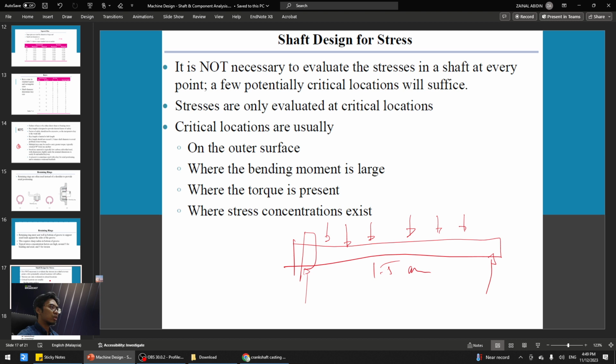Baca kat sini, critical locations are usually on the outer surface of the shaft, where the bending moment is large, where the torque is present, and where the stress concentration exists. Remember, if you still remember using the static analysis, for example, you ada satu